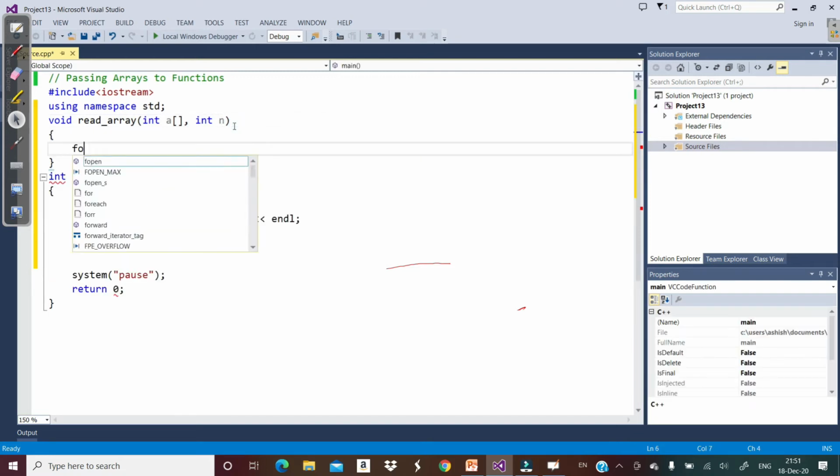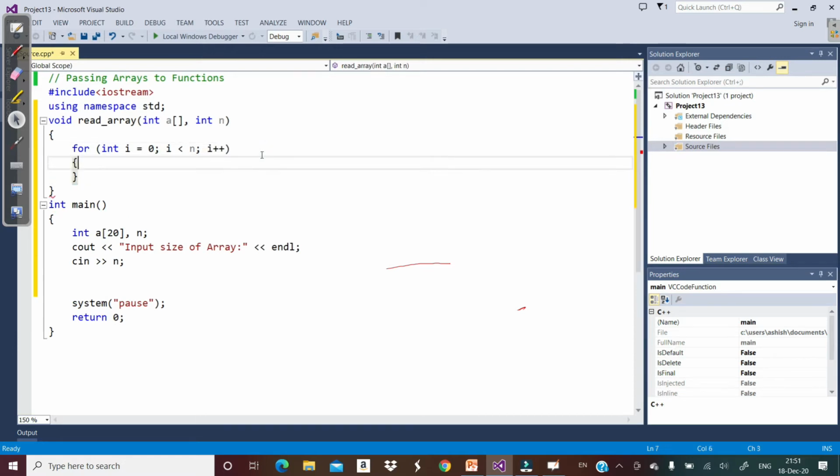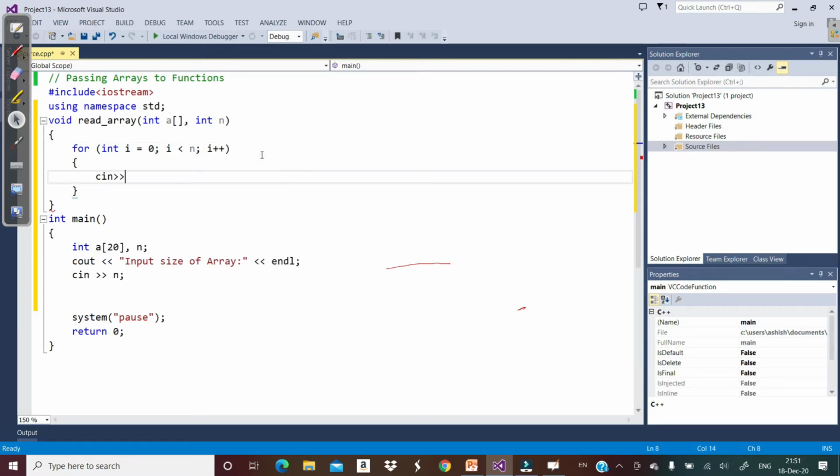Now let's say for int i is equal to 0, i less than n, i plus plus, we are going to input the array, cin a of i. Similarly, we are going to print the array.